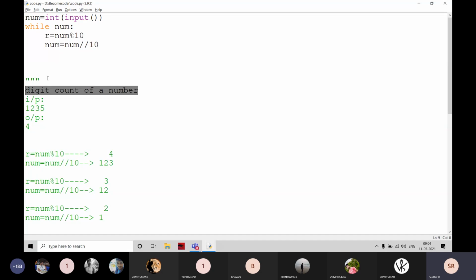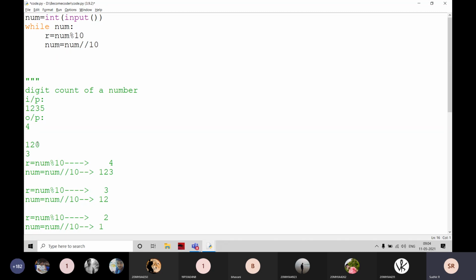R is also 0. What is that? If R is also 0, then we have to count the digit. For example, if it is going to be 120, that is going to be a 3-digit number, right? If we give it like this, it never takes the leading zeros before the values. No need to worry about that. Here it is going to be a 3-digit number. No need to check R not equal to 0 like that.